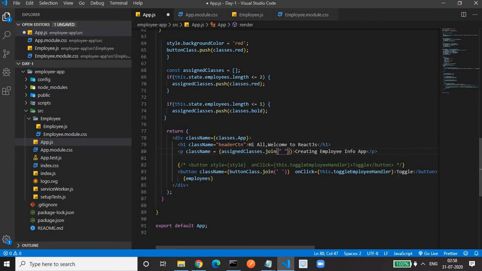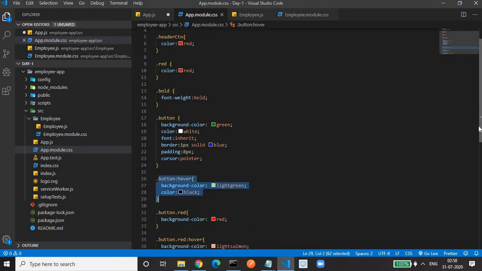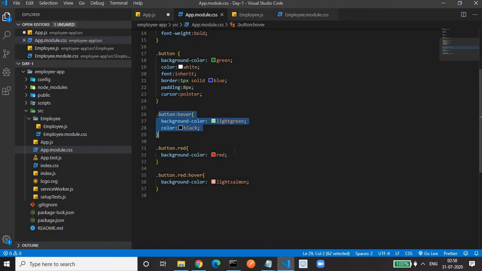For this, what I have done, in the CSS file, I have created a button with some CSS. Then button hover also: if you hover, what will be the CSS? Then we have a red class for the button as well as on hover on the red class. So these four properties I have created.